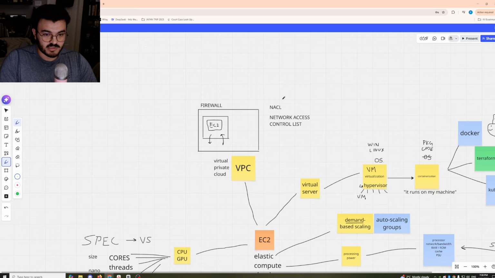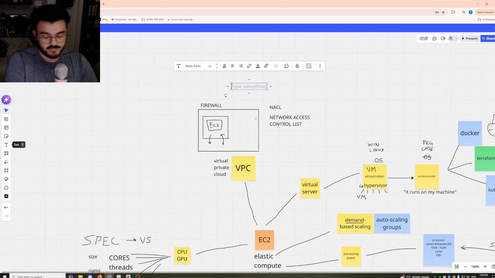And then on that note, there's also, what is it called? Gateways. There's gateways, kind of a generic word. Gateways, network access control list, firewalls.